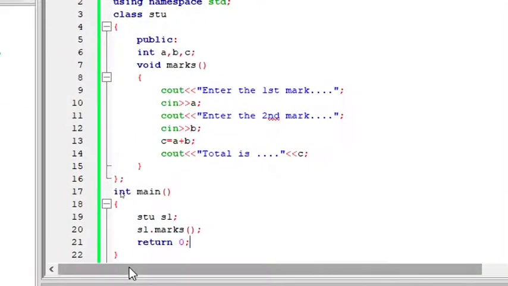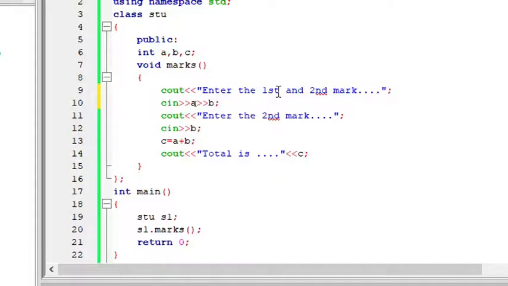That's simple, isn't it? Alright, so now you might have a question, do we have to give the cin statement separately for each and every variable? No, it's not mandatory. It's going to take more time if we have more variables. You can give in one single line also. Let me modify this. First, and second mark. So again I use the forward symbol and I use b here. So let me hide this.